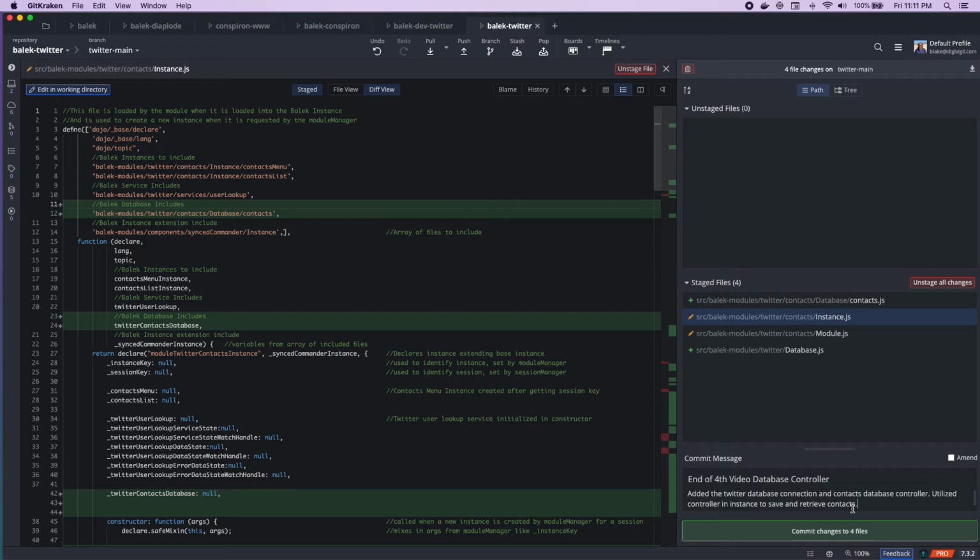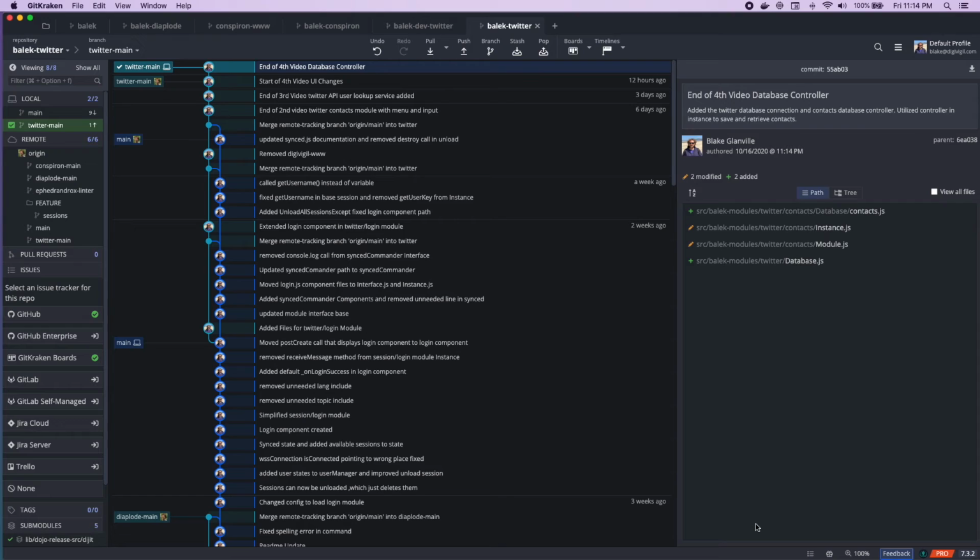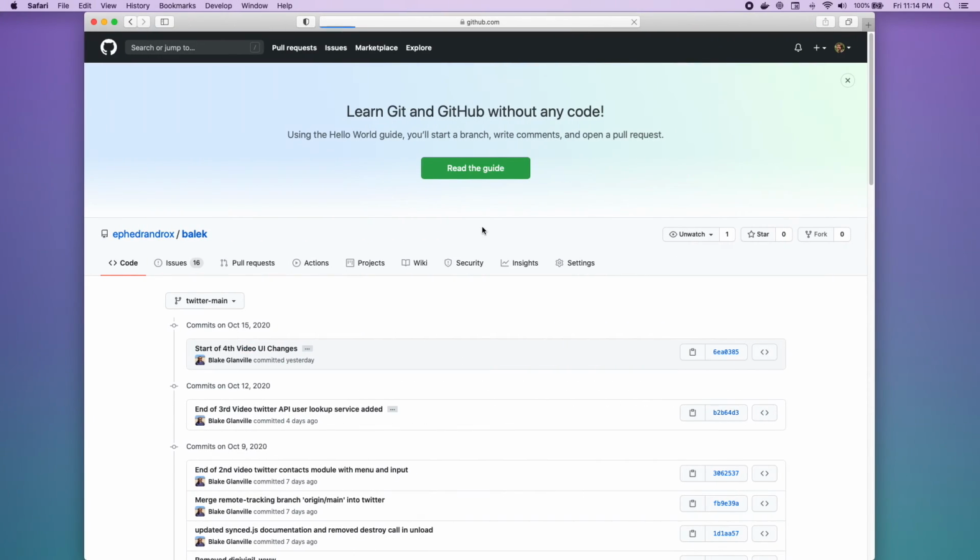There are a lot of options available through the Twitter API. I think I might check out the followers list endpoint next. Before building, I should do a little refactoring by consolidating my Twitter API and database calls and preparing for multiple contact lists. This is the end of our Twitter Contacts Balek module series.